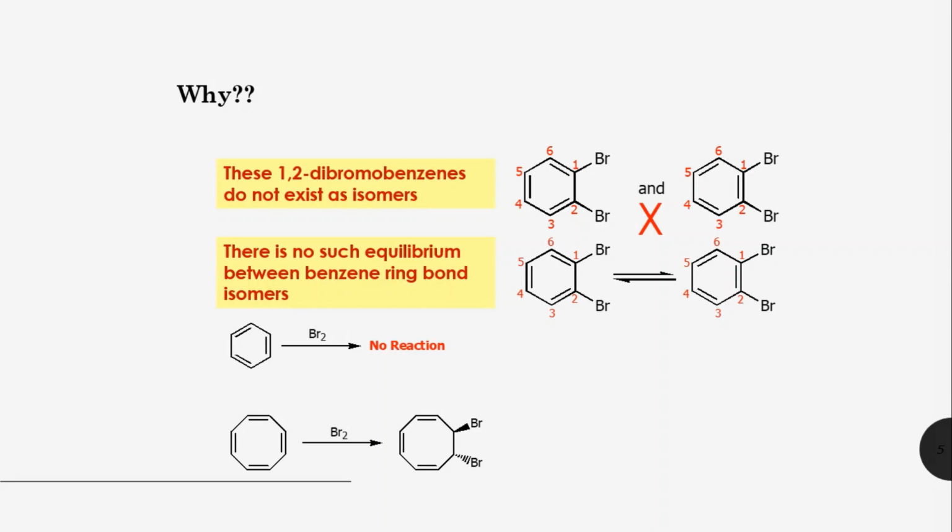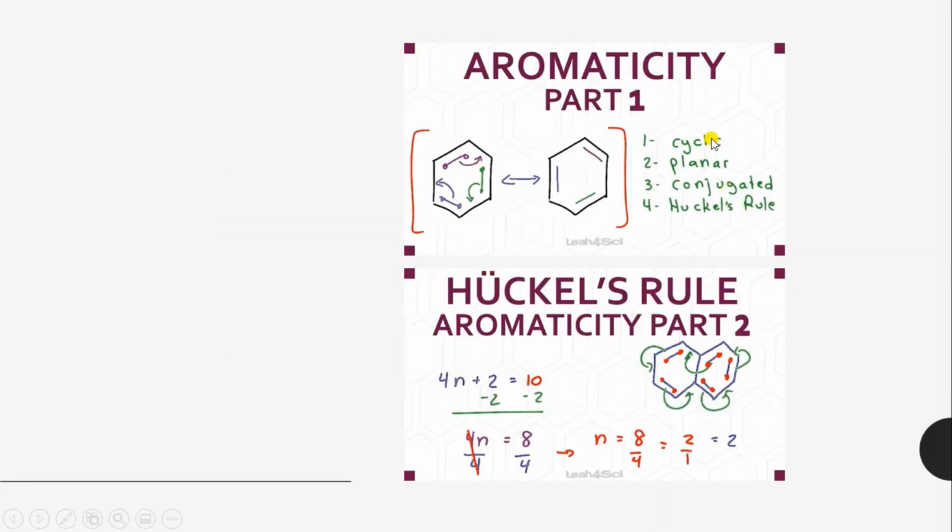And starting with 1, 4 into 1 plus 2 means 6. Benzene is an example of that. So all these series which follow this 4n plus 2 and also obey the other 3 rules are possibly aromatic. But on the other side, the anti-aromatic compounds are those which follow all the 3 rules, the same 3 postulates that the benzene ring follows. But along with this, they follow the 4n rule instead of the 4n plus 2 rule.